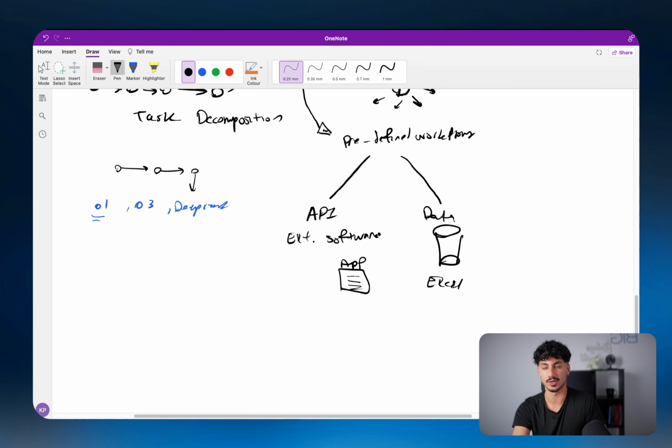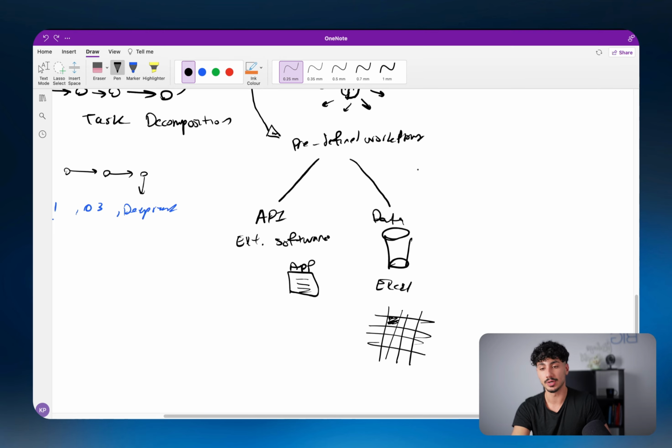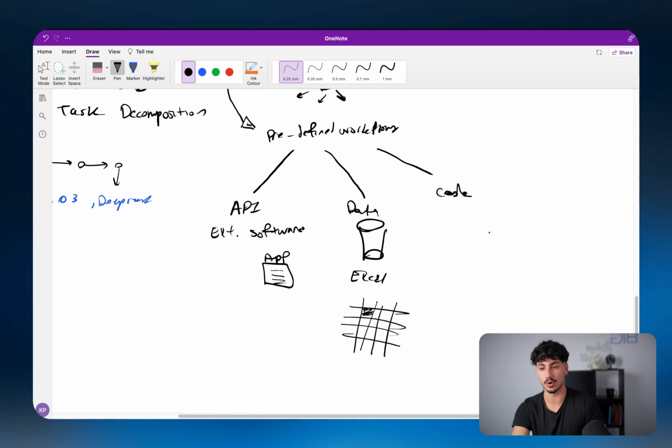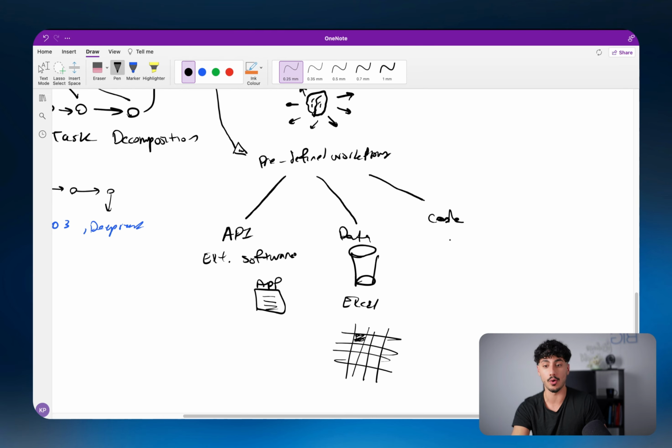So let's say, for example, if the agent wanted to find out how much revenue the company made last year, it would just go to the financials Excel sheet and look for the cell that refers to the revenue made in the last financial year. The agents could also go and talk to external data. More broadly, the predefined workflow can just be a bunch of code. Like the agent would be able to use a bunch of code to do a certain thing, right?